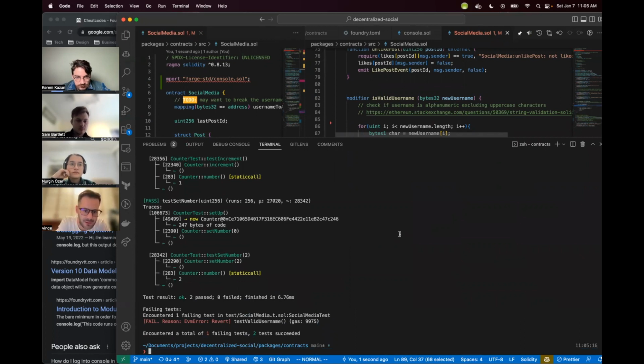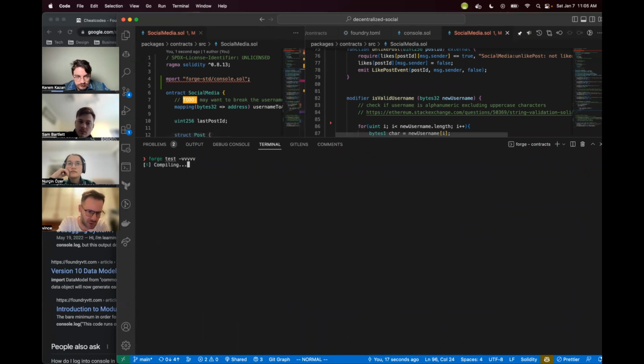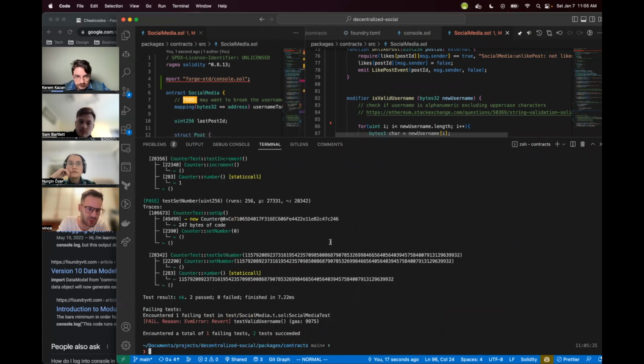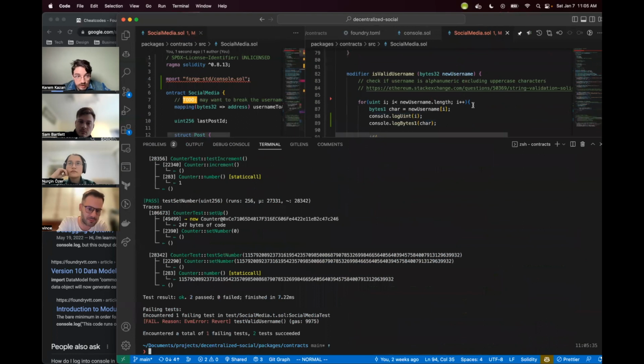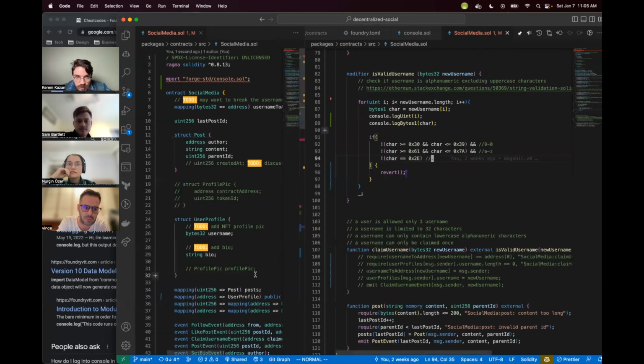I think it's still going to revert because the condition where the character goes into 0x00 is still going to be caught. Yes, of course. So my point is now we know, hopefully,